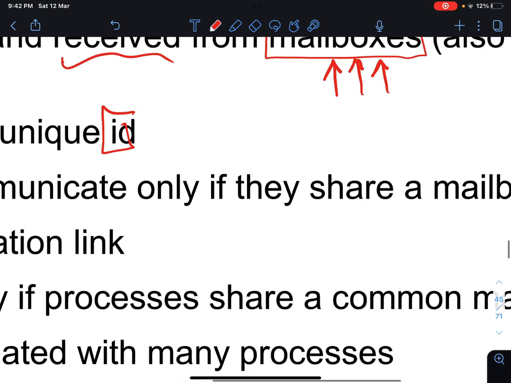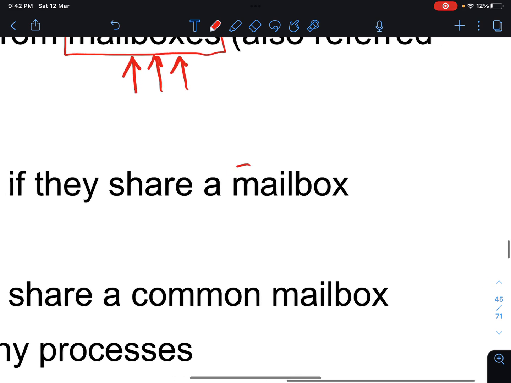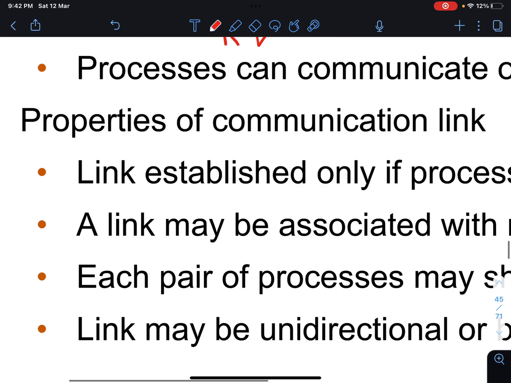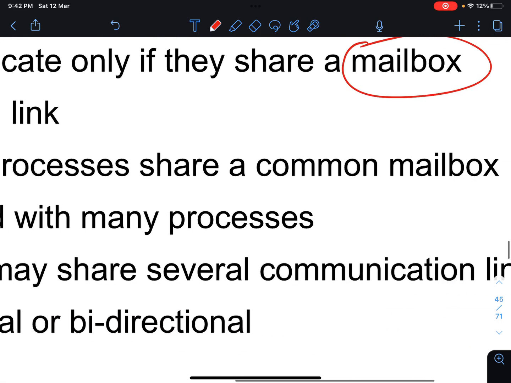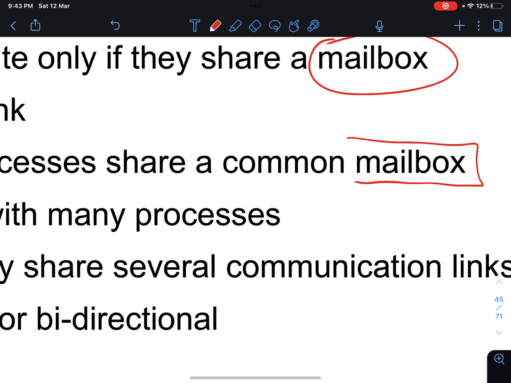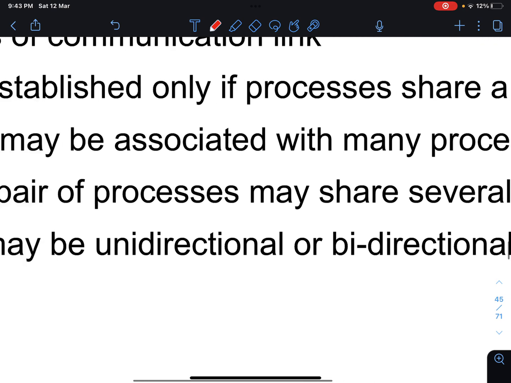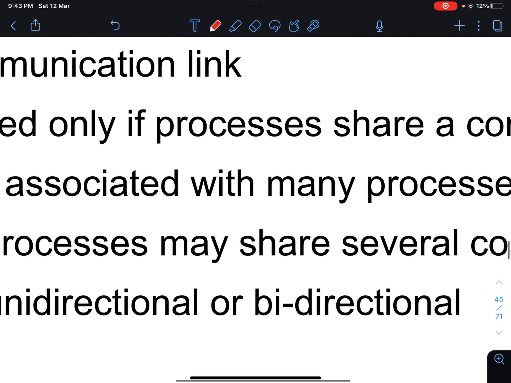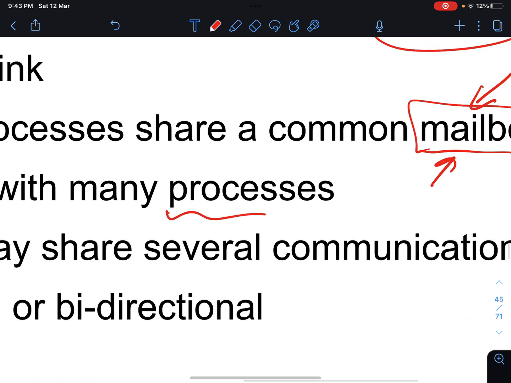Processes can communicate only if they share a mailbox. So for P and Q to communicate, they have to have a shared mailbox between them. The properties: a link is established only if processes share a common mailbox. If the processes don't have a shared mailbox, it's not going to be established. A link may be associated with many processes.